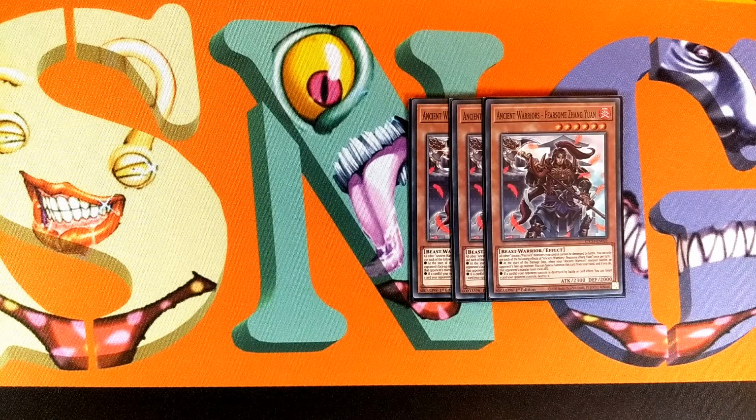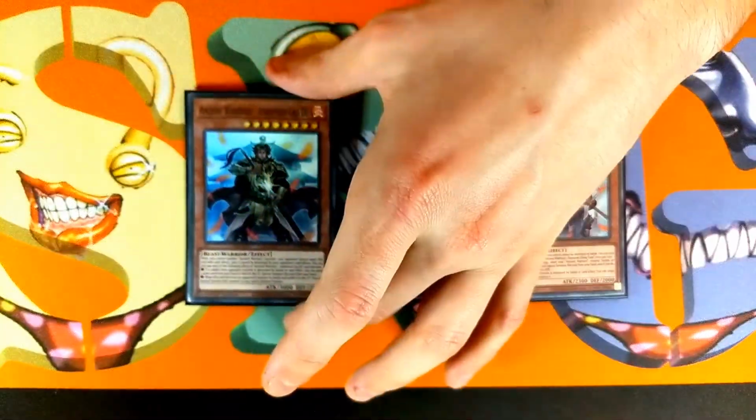So it acts so usefully as a hand trap that maybe your opponent doesn't know about if you've managed to draw into it, but you can also search it out using a couple cards in the deck, such as our Masterful Sun Muo. Now onto the big boss monster that the deck has access to, and that is our Ancient